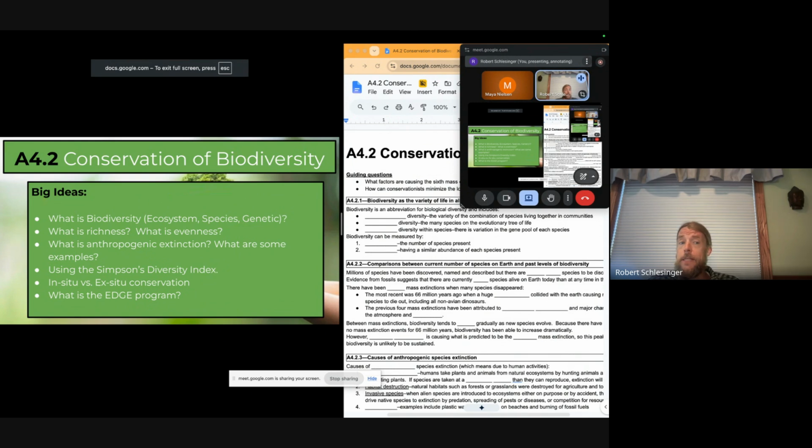And then if you understand the Simpson's diversity index and how it relates to richness and evenness and how those are different, that's the second big point. And then if you can understand what anthropogenic extinction is and what are some of the factors that are causing anthropogenic extinction, whether that's due to species or ecosystem loss, then you're golden. And then if you know the difference between in situ and ex situ conservation, boom. And then finally, if you know a little bit about IPBES and the EDGE program, boom. Those are the big things to focus on